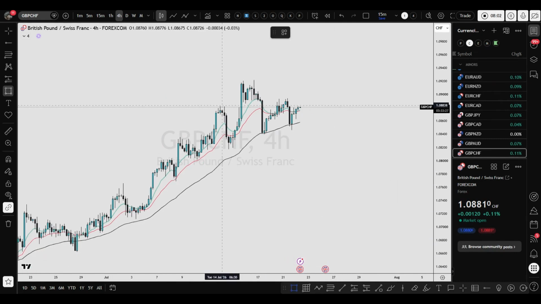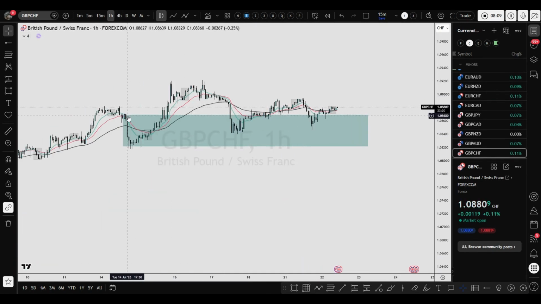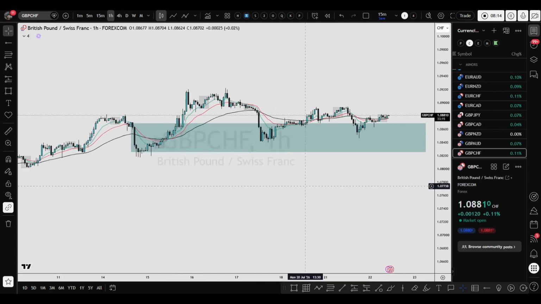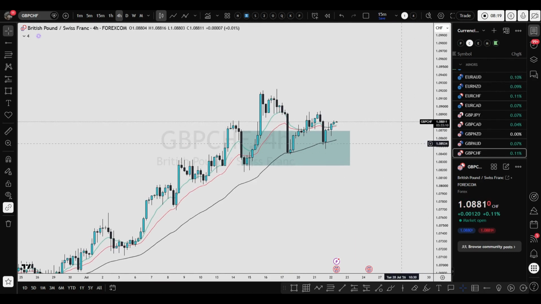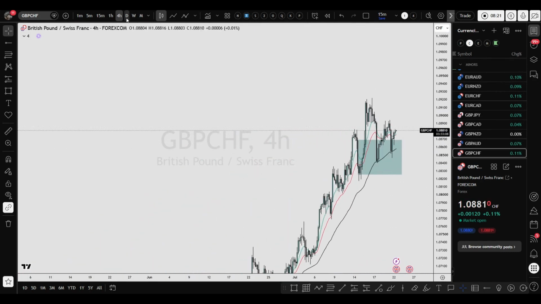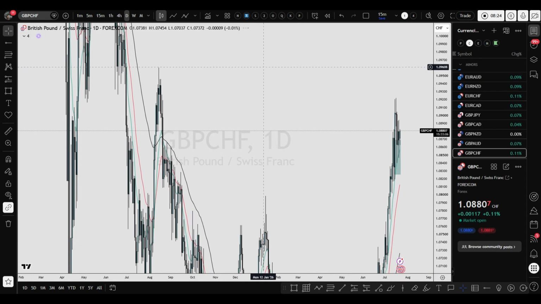It looks like we are just bouncing above this zone. Okay, let's see if we can refine this zone. Yep, it is the last series of bearish candles, and here is our zone, and we are seeing some really good bullish candle closure above our zone. But the thing is, where is it heading towards? Is it heading towards this high? It's a high from August 2025.